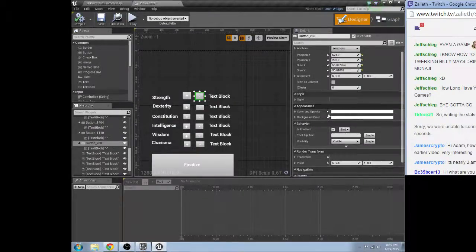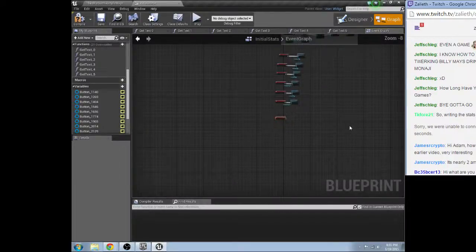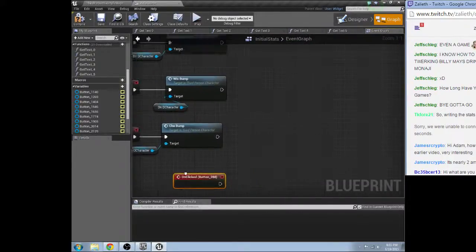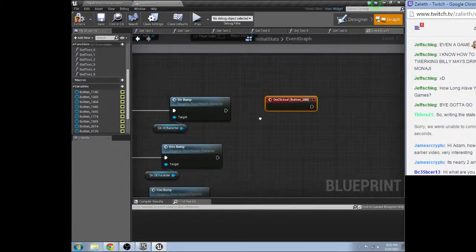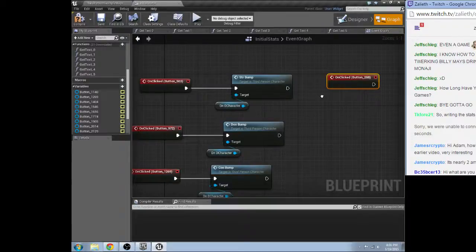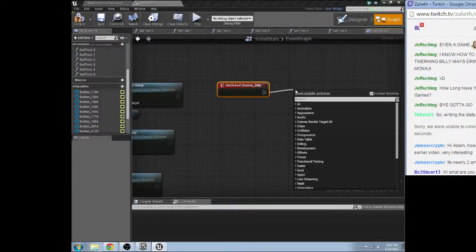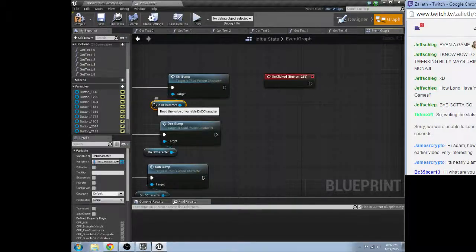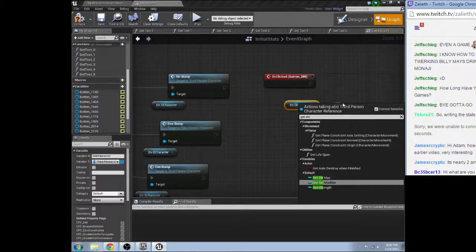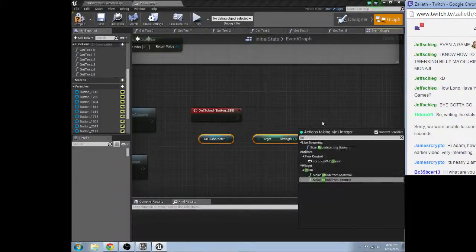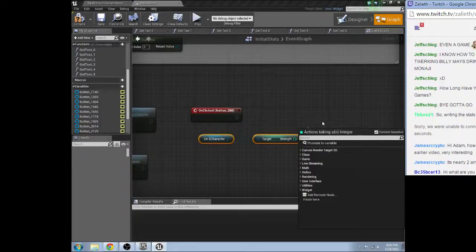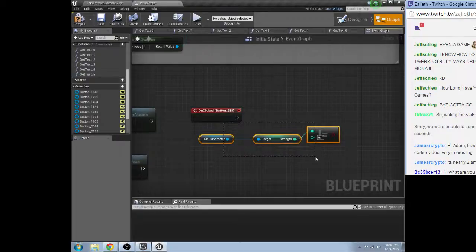So now we need to do on-clicked for the negatives. Now we don't have any boosts for the negatives here. So what we're going to do is do this, do get strength. We're going to say if strength does not equal 0,